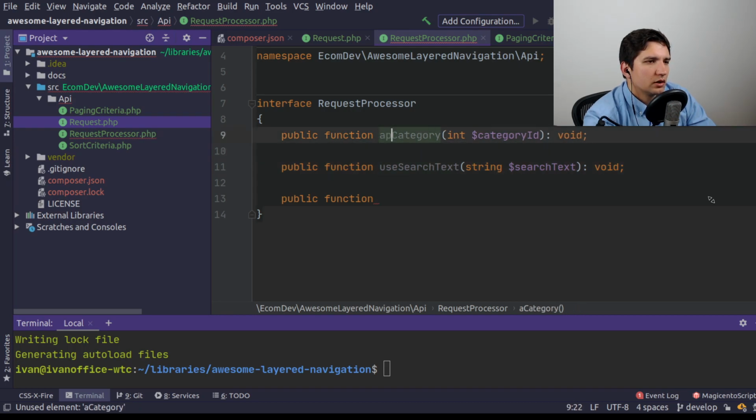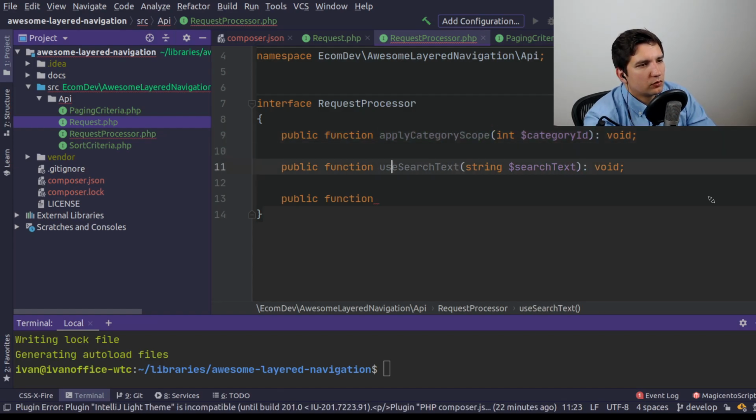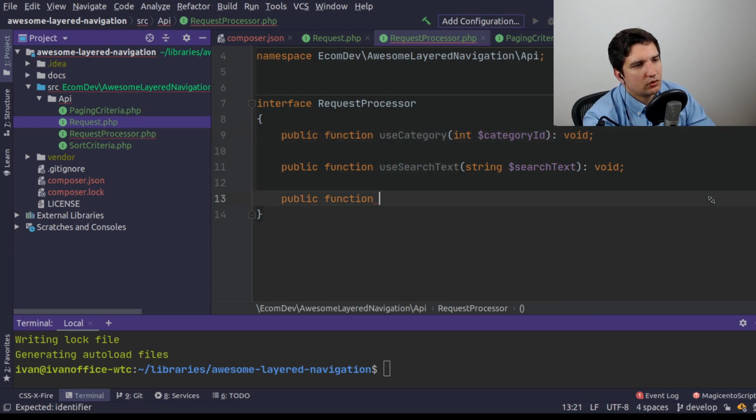Now we can apply category scope, and we can probably, no, let's just use category, use search text, and then we can, let's say, apply filters, or maybe filter. Better just apply a filter. Yeah, it's going to be better to specify a field, and then you can specify value, and value can be